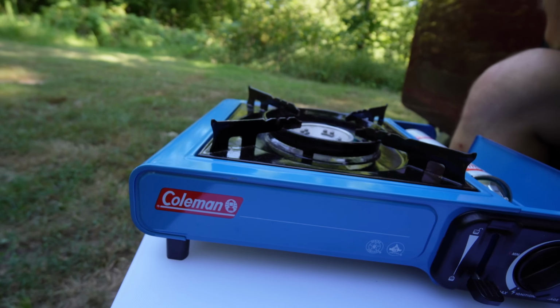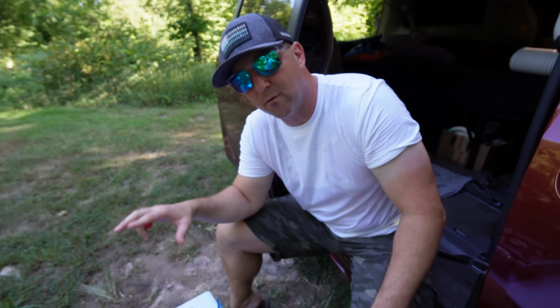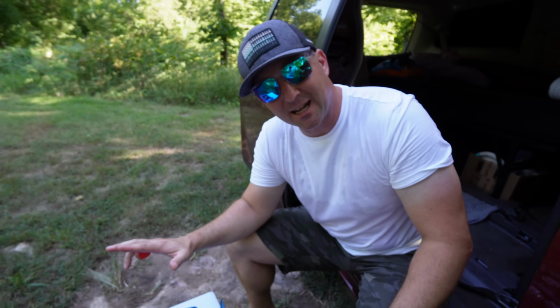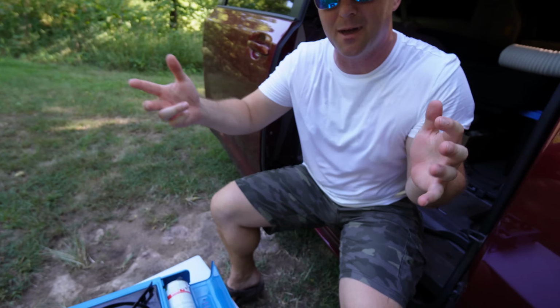And I don't know if you guys can see that flame in there, but there's definitely a flame. It's not windy here, so this stove will cook a pot of water sufficiently within 5 to 10 minutes. If there's any kind of wind, then this thing is pretty much useless unless you make something to block the